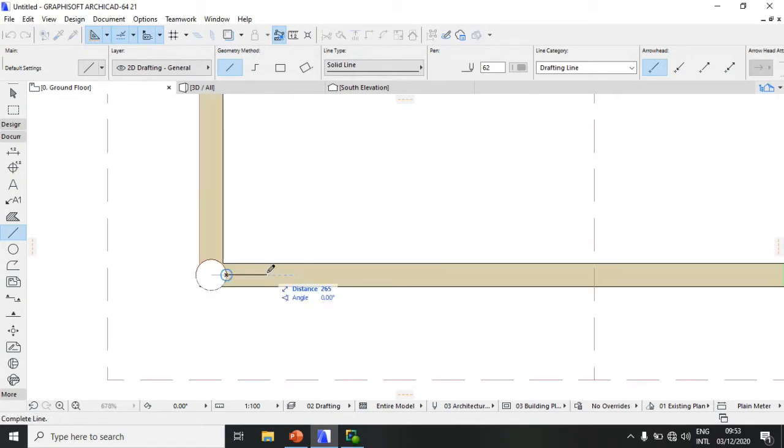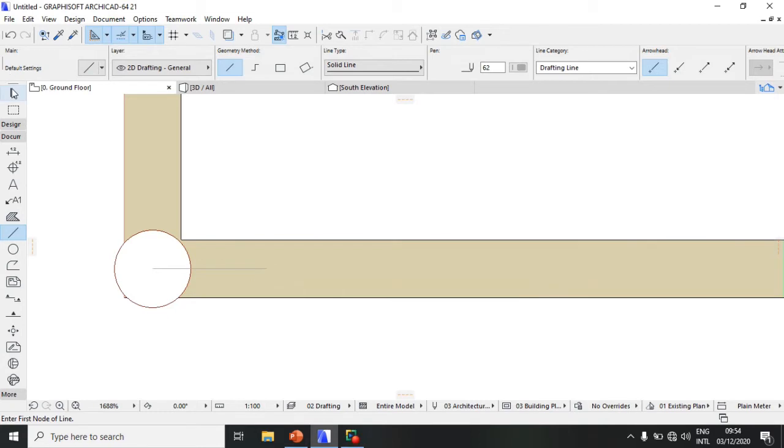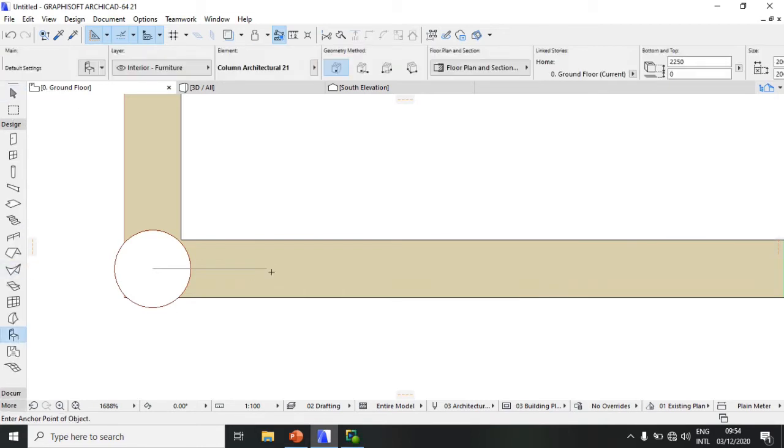I'll draw a line this way, 200 millimeters, and then here, back the design object, I add another one